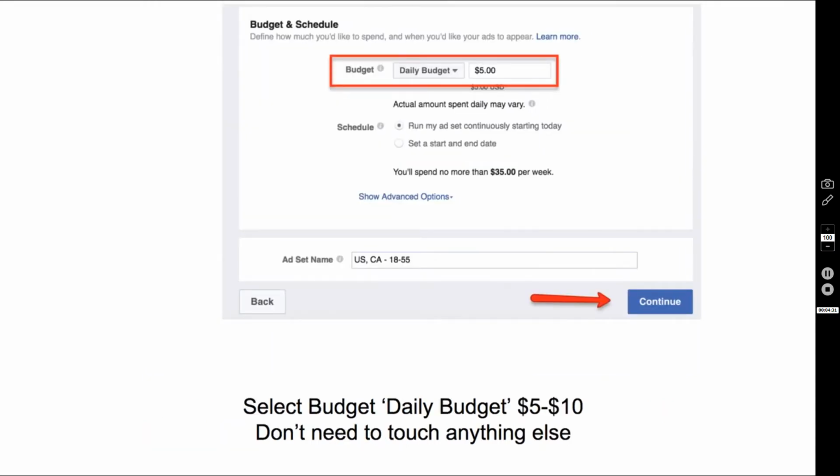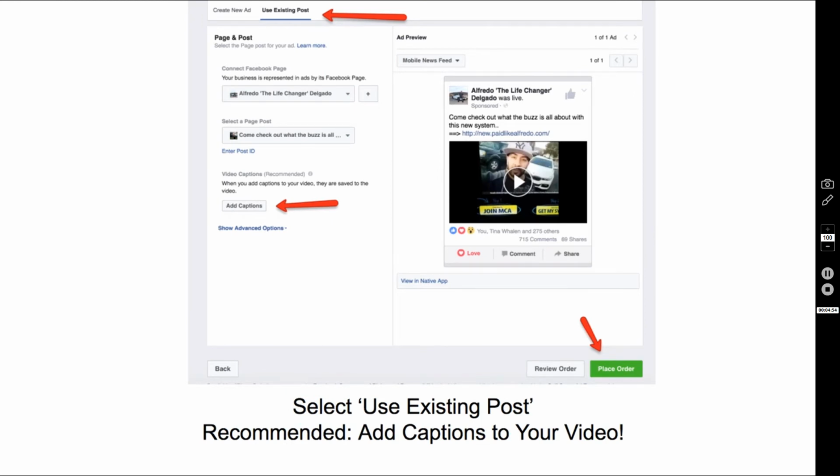And then finally, you want to select your budget. Again, you want to at least start at $5. If you could put $10, even better, or $20, even better. Okay, but you don't need to start out your ad with more than that, especially if you haven't tested it yet to see if it's going to perform and get you any leads and sales. So then you're going to hit continue, and then when it comes time to select the ad,